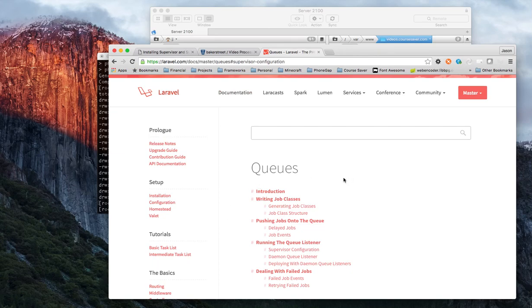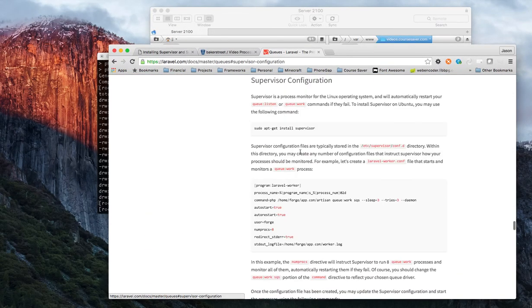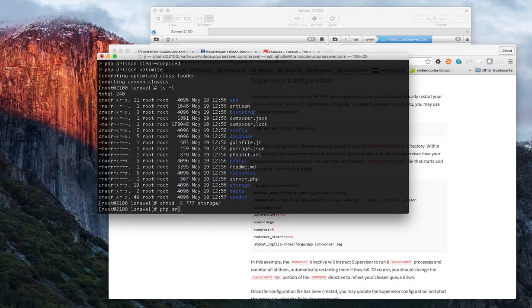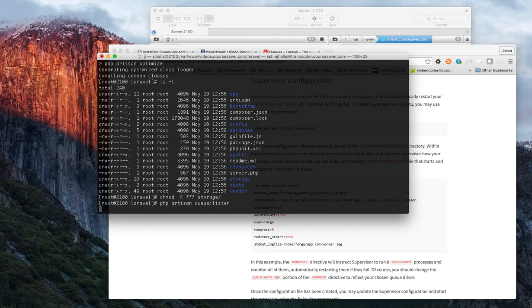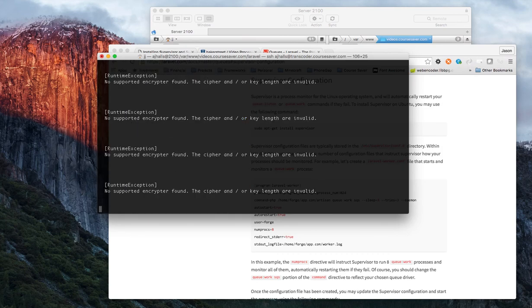Laravel calls them jobs, and it uses Supervisor to run those jobs. You'll read in the documentation that via the command line, you can do php artisan queue:listen, and that will run the